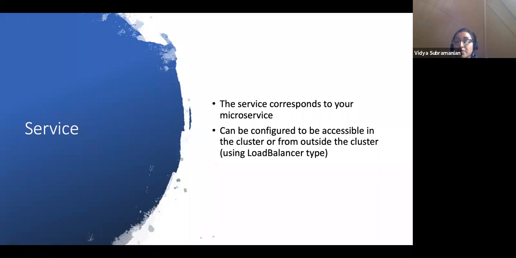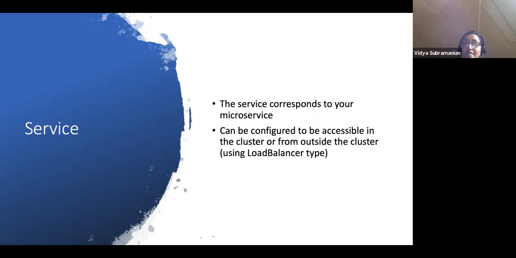I want to go back to touching on this functionality of Kubernetes, which in our hands-on example, what you did was, after creating the deployment, you actually set the service. This becomes one of the core functionalities exposed by Kubernetes, how you can correspond a microservice to a service and configure it to be accessible in the cluster or from the outside.